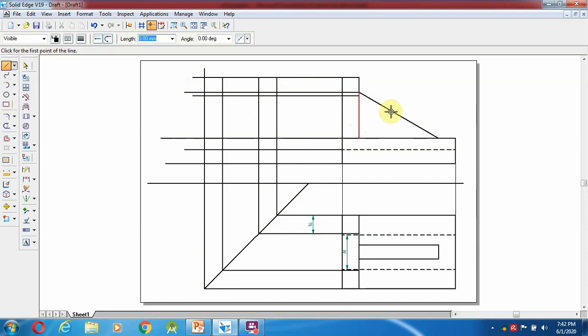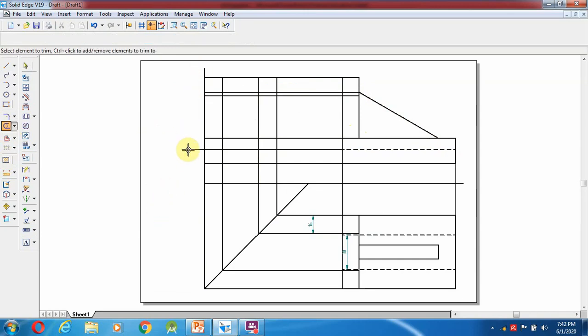There the rib end will be joined over here, so no issues. Select the trim option and trim these extra lines.